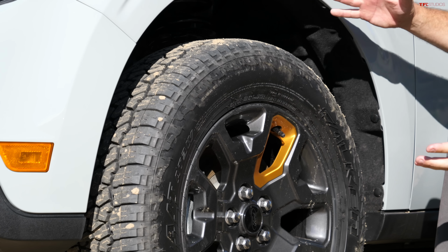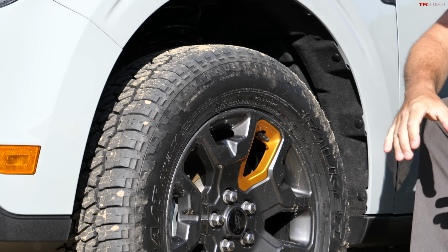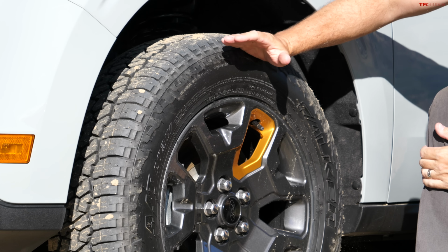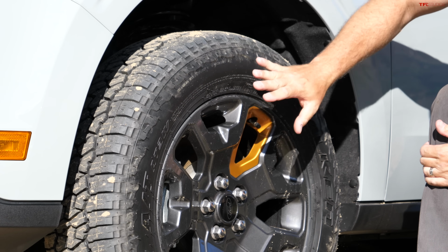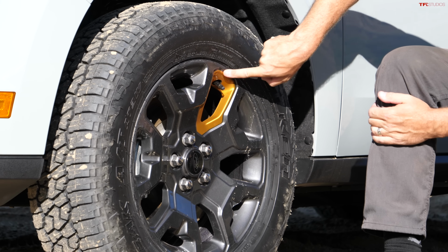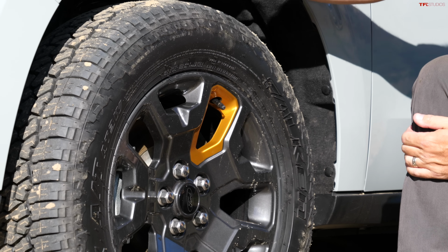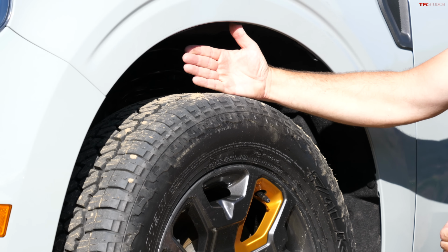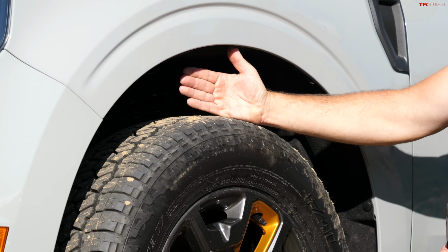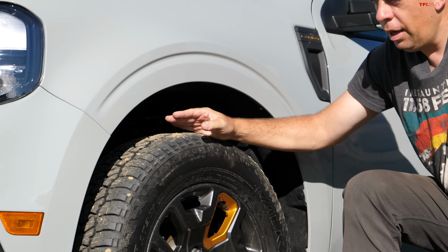On the Tremor, you're actually getting the same size tire, and the same tire itself, this Falcon Wild Peak AT. Exactly the same size. The style is different, and you notice here this orange highlight identifying the Tremor very clearly. Like I said, a 1-inch lift, so you are getting better ground clearance, 9.4 inches versus 8.6 on the FX4, and